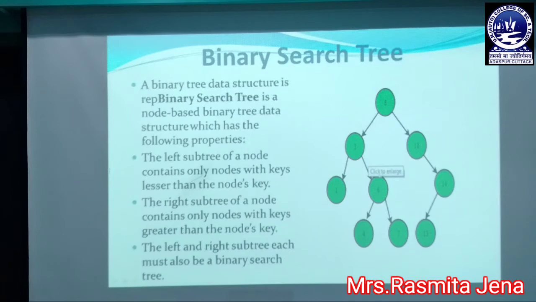And you can also remember one thing, that the left and right subtrees must each also be a binary search tree. You can see all the nodes formed in the left subtree follow the binary search tree properties. That means you can see here 3 is the root node and its left child node contains a lesser key value, and its right child node contains 6, 4, 7, those are greater than its node's key, that is 3. Similarly, here 6 is the node and its left subtree contains a lesser value than the node's key, that is 4, and the right subtree contains a greater value than its node, that is 7.